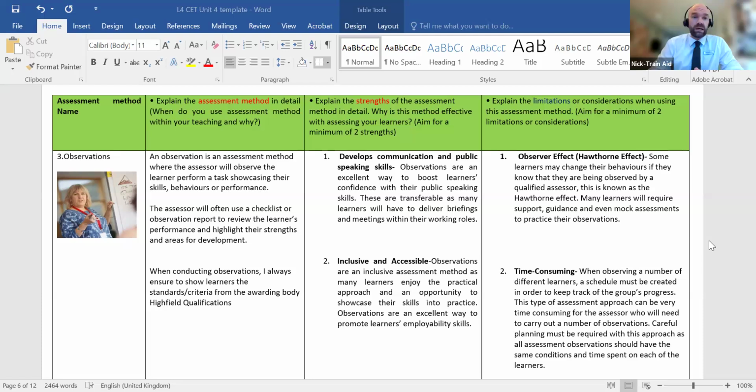In today's video, we are looking at Unit 4 of the Level 4 Certificate in Education Training. We're looking at assessment methods, and question 1.2 is to review a minimum of 4 different assessment methods that you use within your teaching and training practice. I am going to be talking about another common assessment method that I use within my own practice, which is